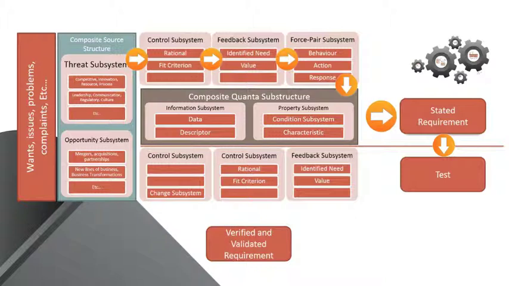And so now we're going to go through the testing part of the assembly. So the top part is the actual assembly of the requirement, if you will. And then the bottom part is testing what we've done to make sure that it is correct. So now we're going to go back to our identified value, and we're going to make sure that what we've built so far still matches the value and still matches the need. We are then going to look at our rationale and our fit criterion, and again, verify that what we did at the top part